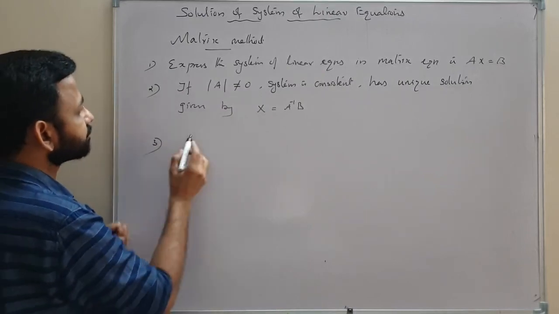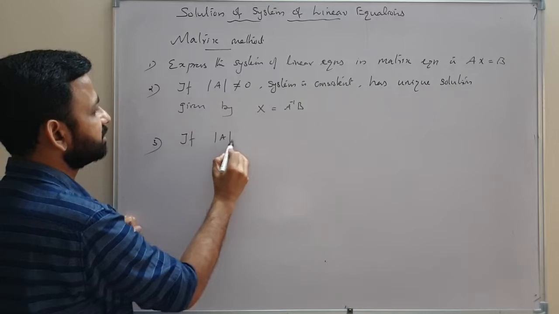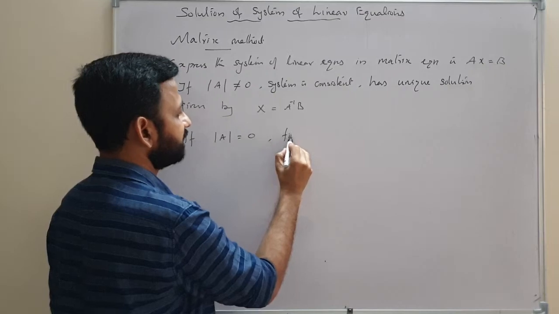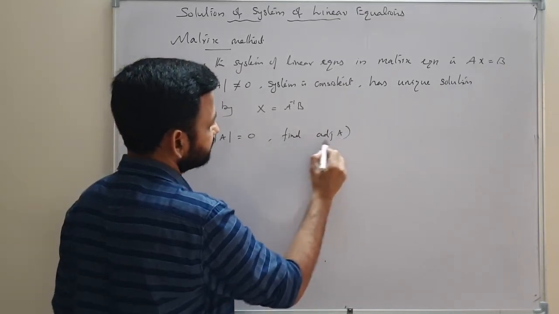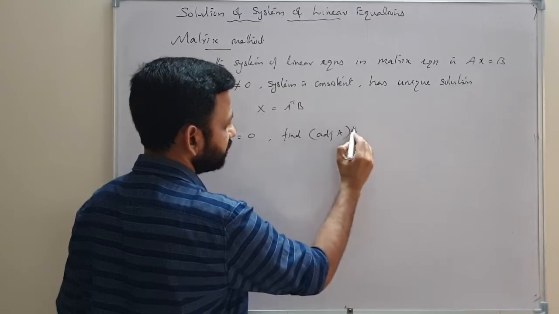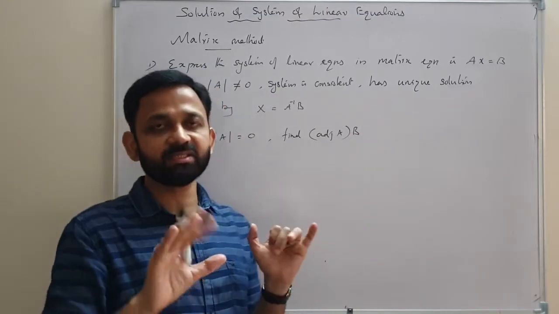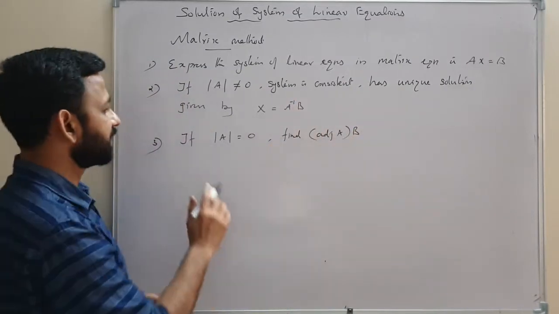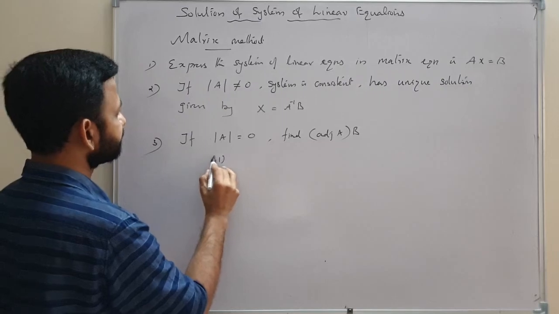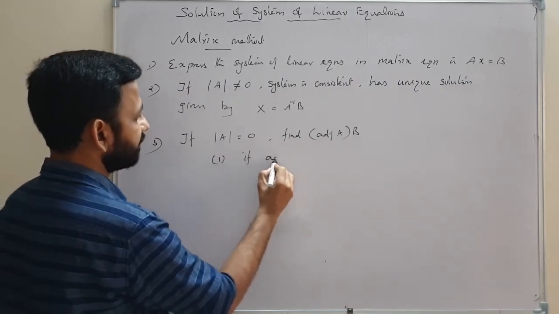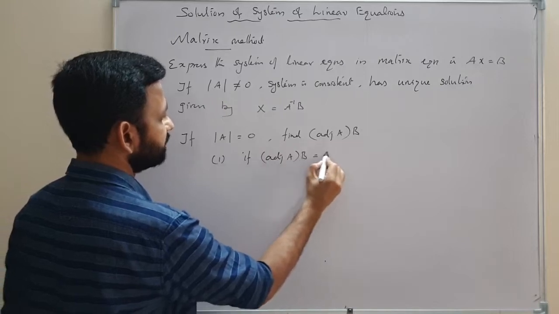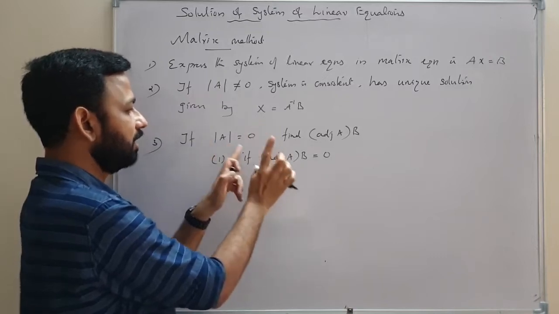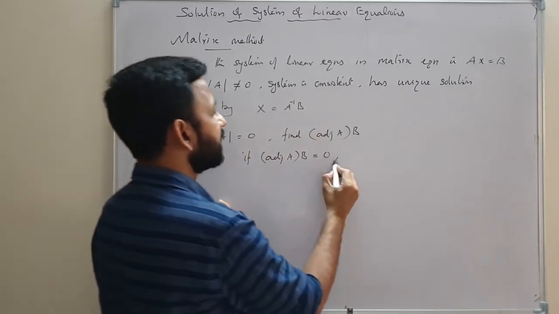Then the next case, if determinant A equal to 0, then we need to find adjoint A into B. Adjoint A, that is the transpose of the cofactor matrix. That matrix into B we will find. Then we have two more cases. If adjoint A into B equal to 0, here determinant A equal to 0, and adjoint A into B also 0, then we can say that